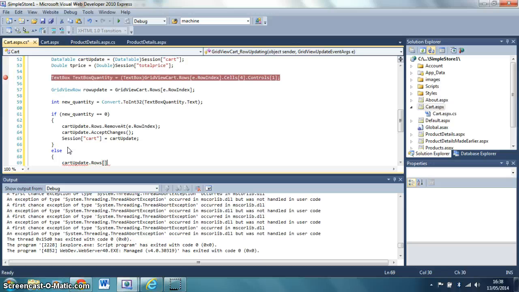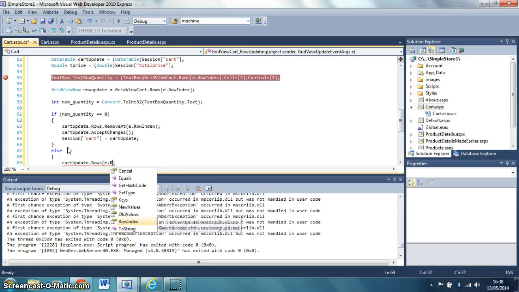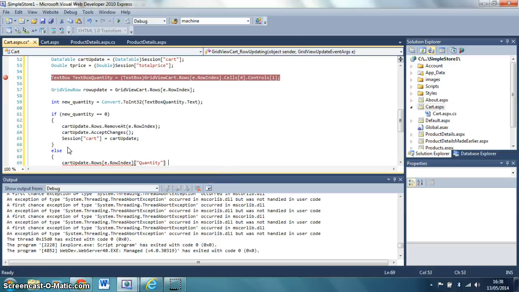So cart update rows, pass it through the row index again, which is the row index, and access the quantity field, which was quantity, and we're going to set this equal to